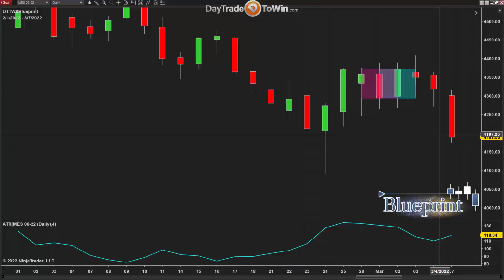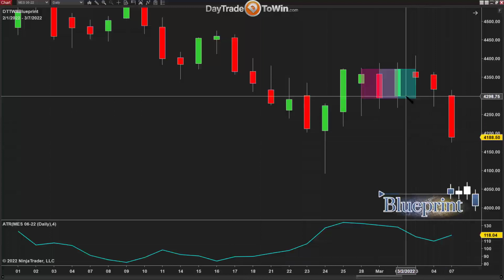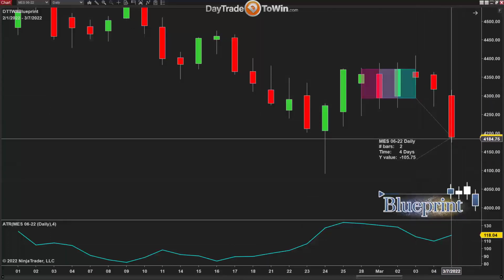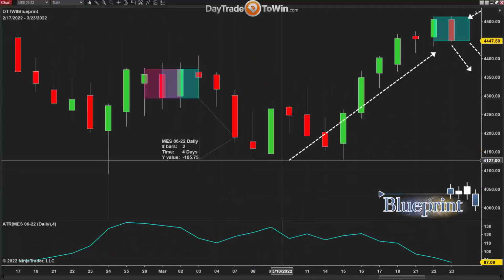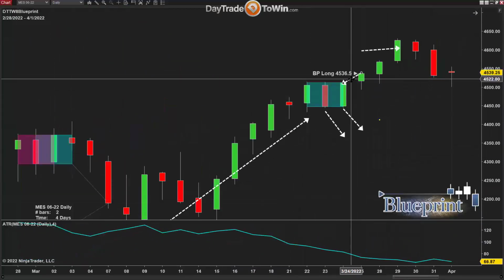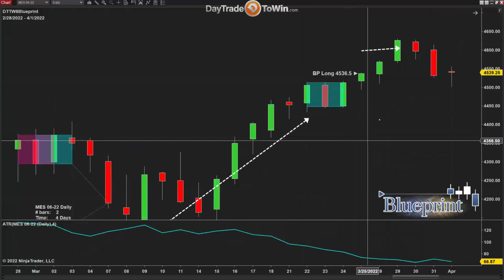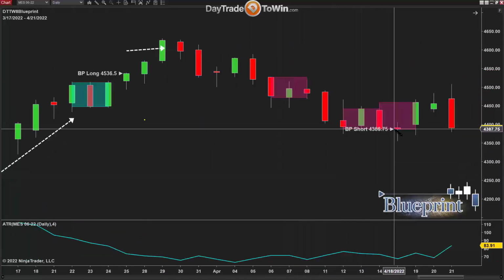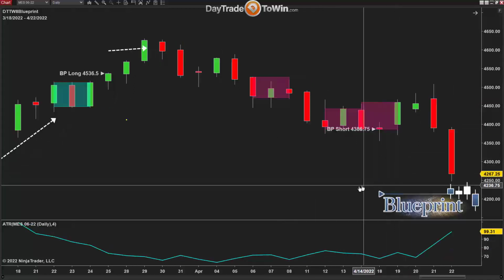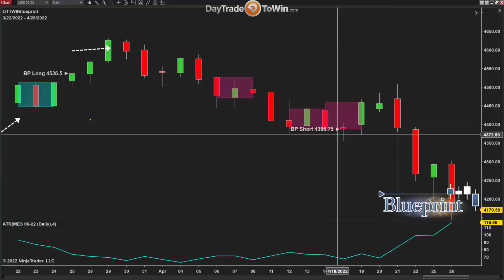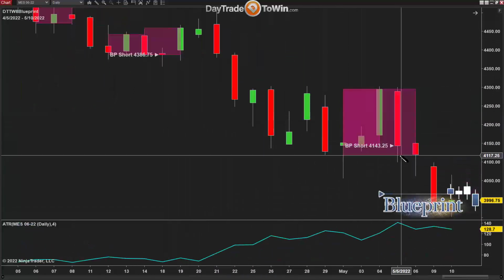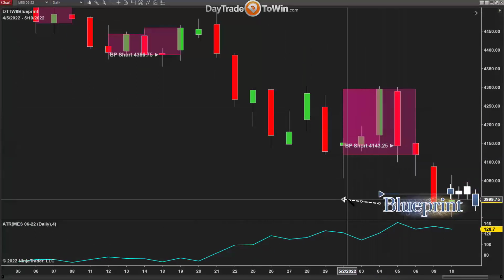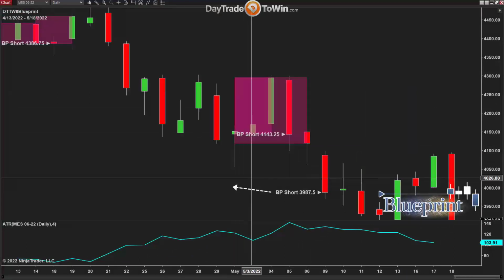And so when I do that, I click apply and OK. You see there's no signal because the distance between here and here is too far away. You don't want to enter this far away. We want to enter as close as possible, like here, or like here. This signal indicated right away to go short. Right away. As soon as it broke, right away. Let's see if there's another one here. Right away. Here's the shaded area, right away. This one, even here,